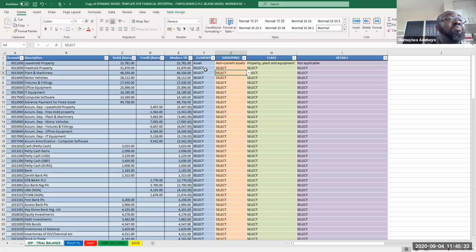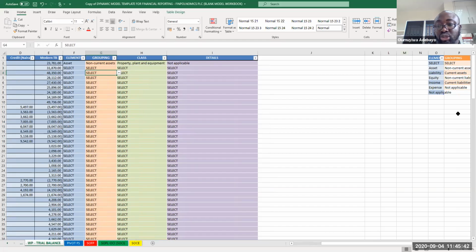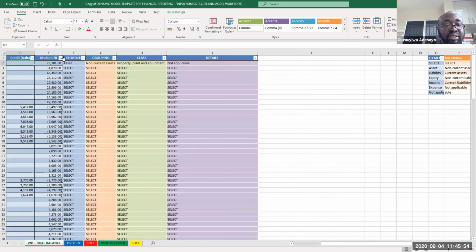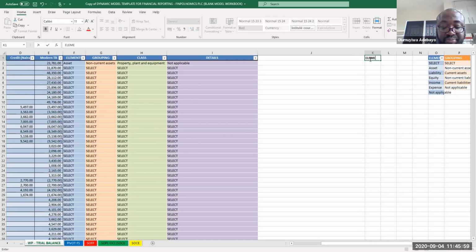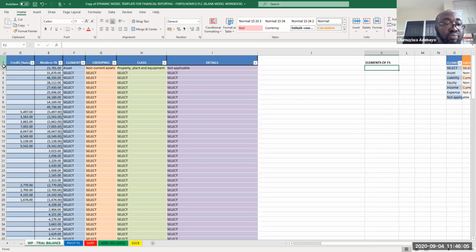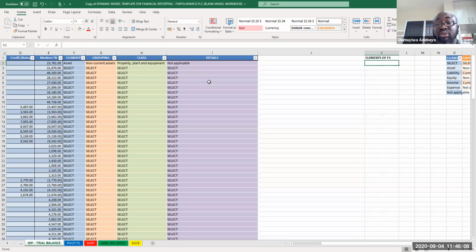Now, how do I do this? It's very simple. You can go to your spreadsheet. You'll see what I've done here. I've created it here. Okay, but I'll show you how you can do it. There are 2 ways you can do it. If I want to create the dialog box now, let me just pick the one for element. Let me say element of financial statement. If I want to create that dialog box, I'll just click this cell and go to